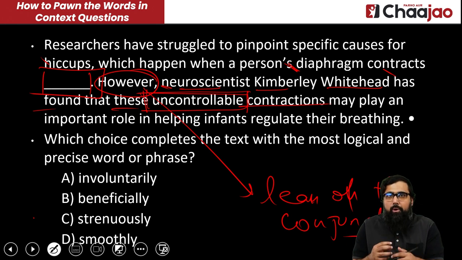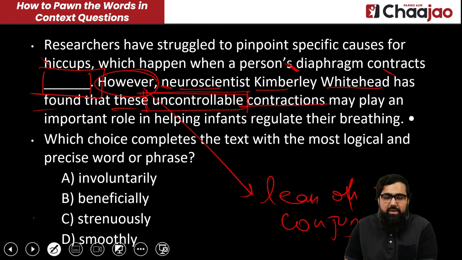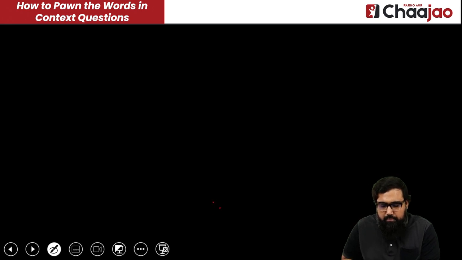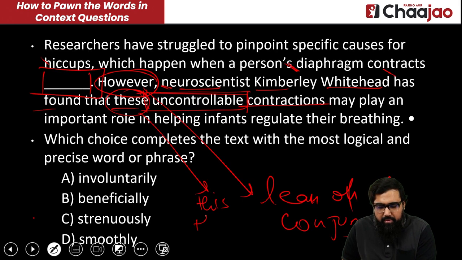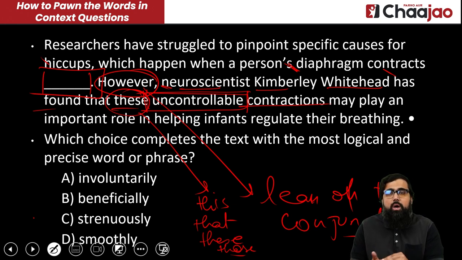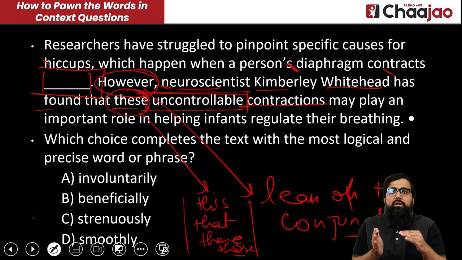Now how can we be so sure that this is about the blank that we just mentioned, right? It is because of these. Now this, that, these, and those. These are 4 pointers that normally talk about what is written before them, right? So if you find any one of these 4 written in your passage, chances are that it is referring to something that is written before it. So yes, it is referring to the blank.